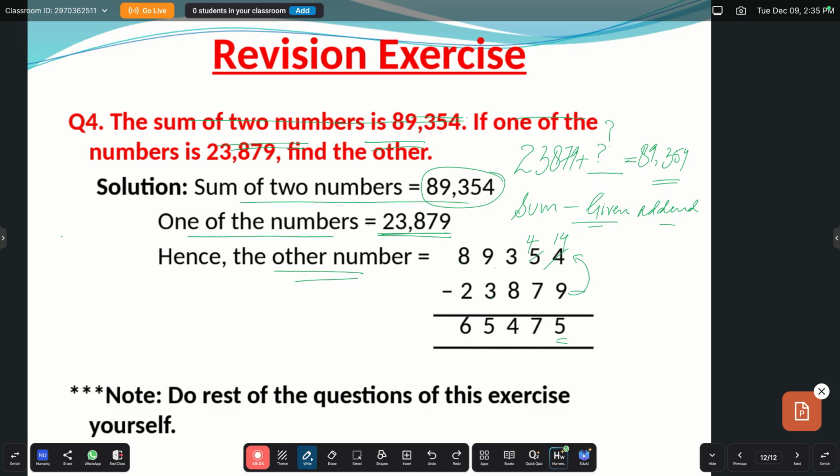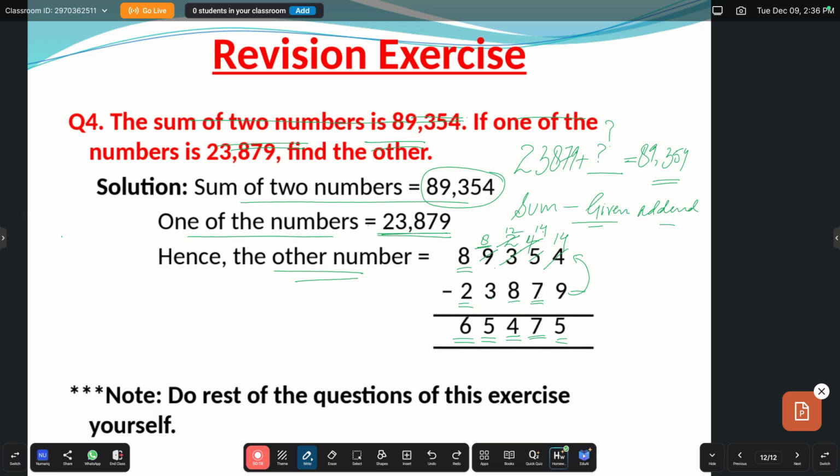Okay. Tell me, beta, what is here? It is 4. Here the subtrahend is 7. Here it's again greater than the minuend. So what will I do? Again we will go with the borrowing. Here we will borrow from this. It will here remain 2 and it will become here 14. What is 14 minus 7? It is 7. So beta, we are having here 2. Can I subtract this 8 from this 2? No, I can't. So what will I do? I will again go with the borrowing. Now it will become here 8 and it will become here 12. What is 12 minus 8, beta? It is 4. Now moving to this column, what is 8 minus 3? It is 5.